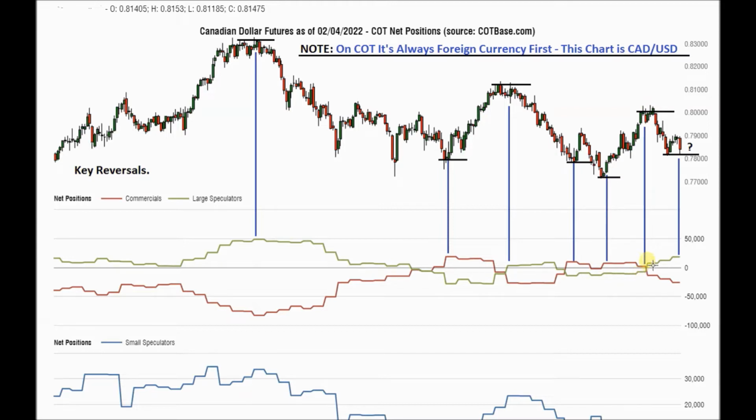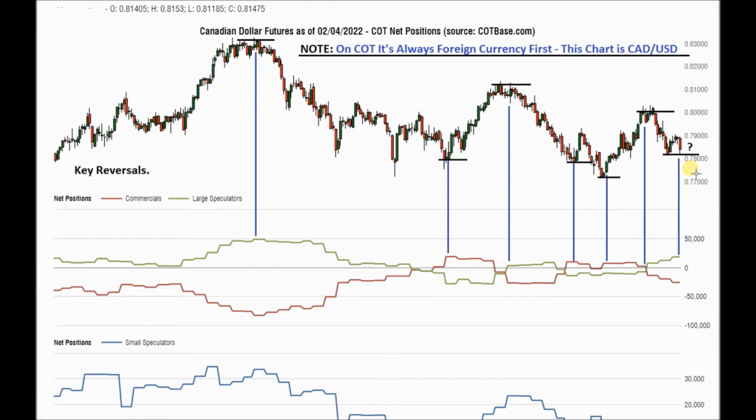Now look what happens at this top here. The speculators come in long right at the top, commercials go short. We do have some downside, a little bit of a rally, a little bit downside there. Which way are we going to go? My own view, the way I view it from this chart, I think we're going to go in favour of the commercials. Now, this is not a timing tool, okay,